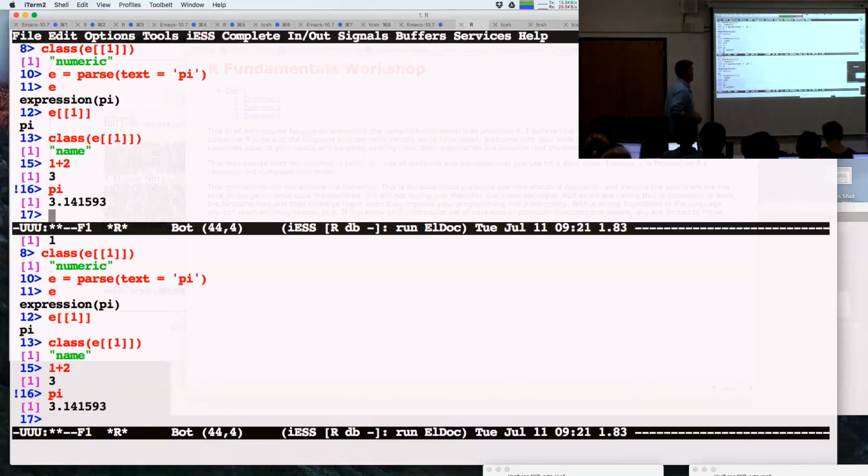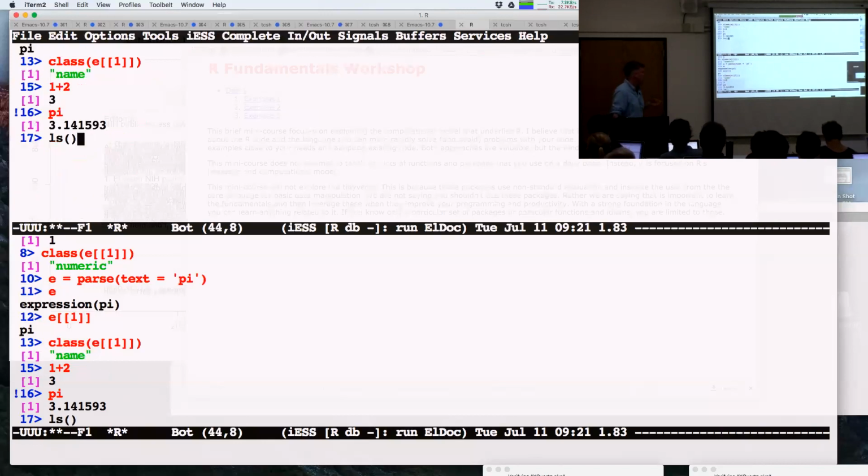So if anything's unclear, where does R find pi? Well, some of you will know about your global environment, your workspace. It ain't in there. We can type ls. We're at the prompt here, and this is what I call a top-level command. These are very different from commands that go on inside other function calls, although they're very similar. But I call this a top-level command because when we're at the top level,